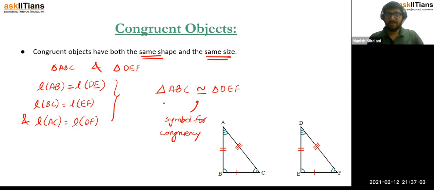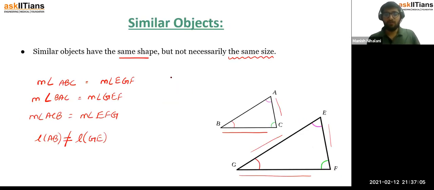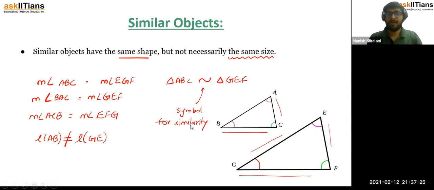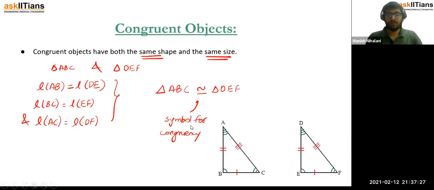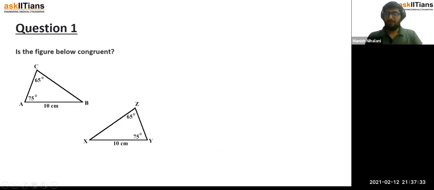But in the previous case, we could say that triangle ABC is similar to triangle GEF. This is the symbol for similarity, right? This is what we need to understand, the difference between similar objects and congruent objects. So I hope this difference is clear so far, and we can now move ahead to a couple of questions,